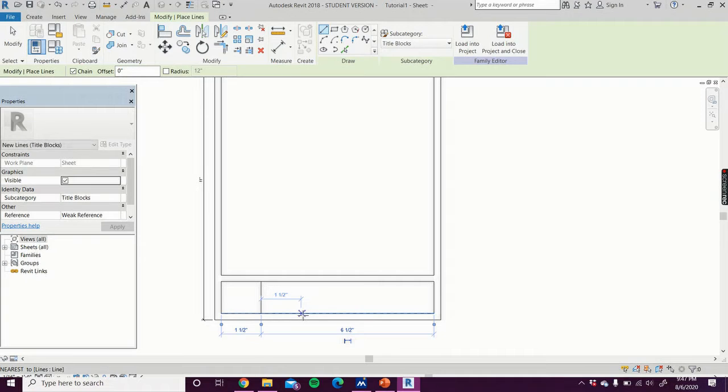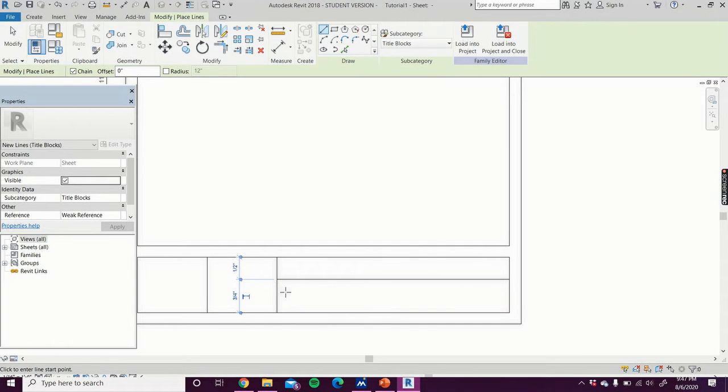This may not be exactly like the one I created, but it's close enough so that you'll understand how to make it for yourself. Okay,